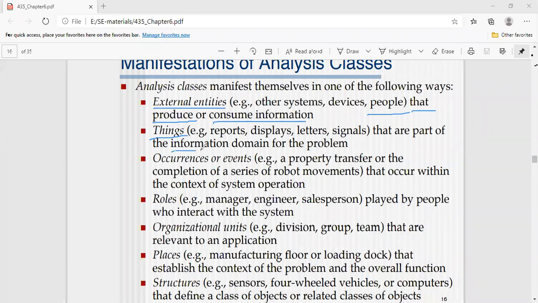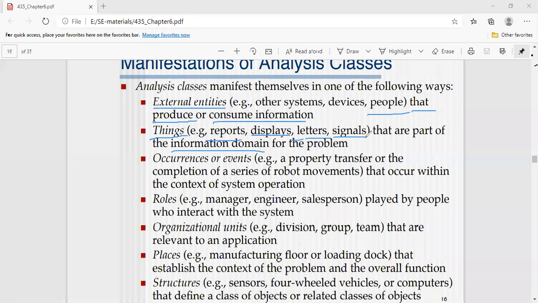So what is the domain we have developed for the information? In which we are developing some information domain, those will produce some reports for a customer, or display information for the customer, or some letters or some signals, whatever it may be.